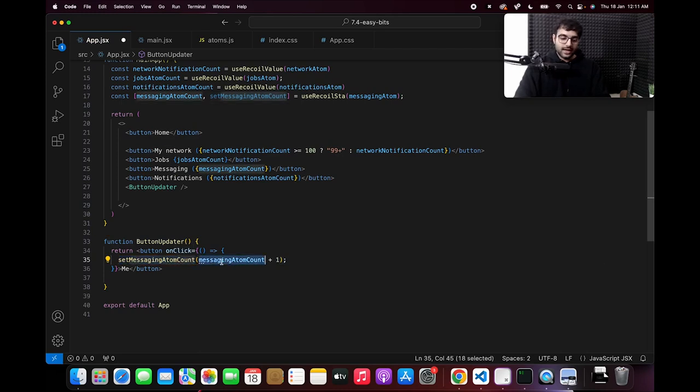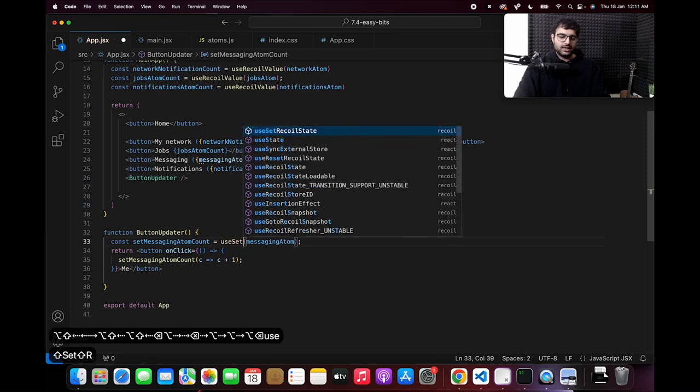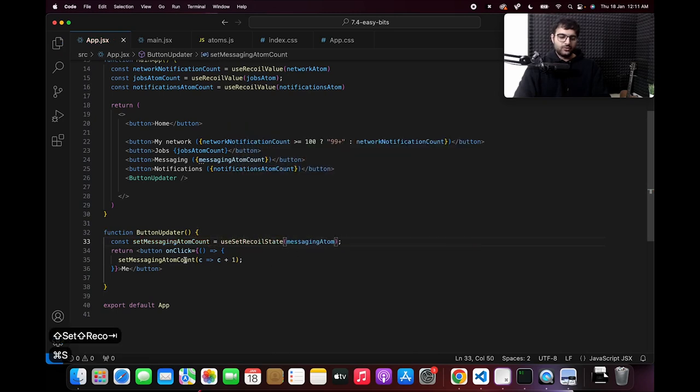It does not need the actual value. If I'm using this specific syntax, in which you can pass a function inside, this does not need the value anymore. It only needs the setter function. And so here I can say, okay, you will only get useSetRecoilState, so you can update the state. You don't really need access to